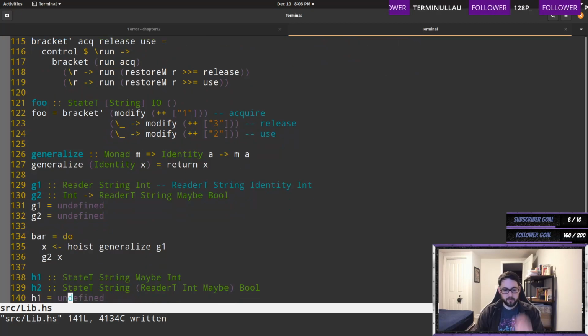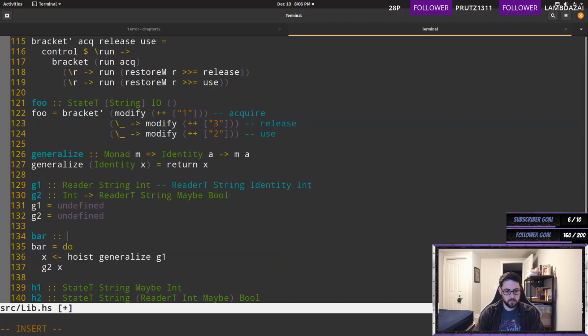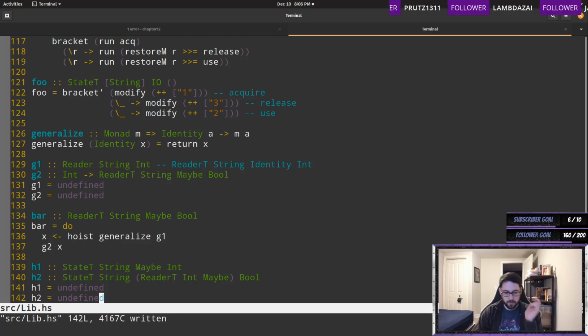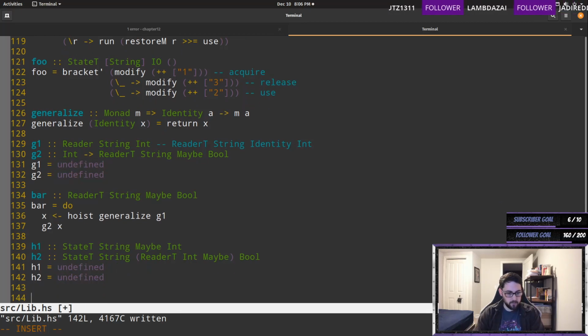Okay, and then that type checks. So we can actually check the type of bar now, but it should be this, if I recall correctly. And that should all type check. Okay. So now we're going to write as